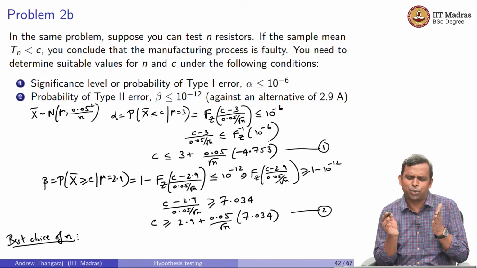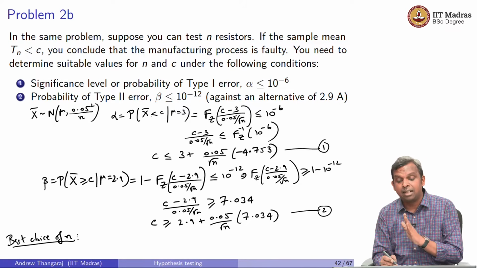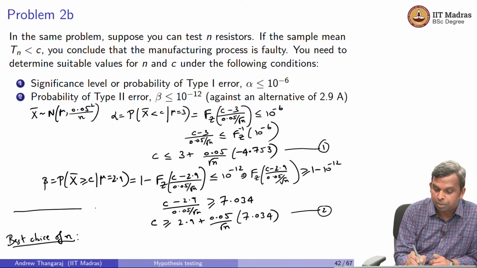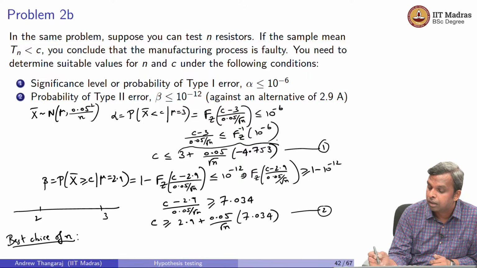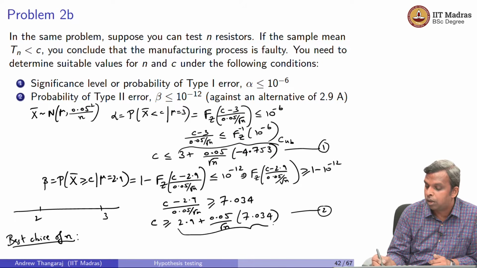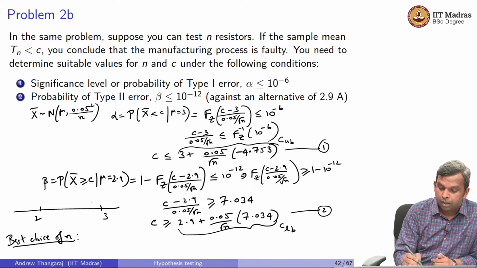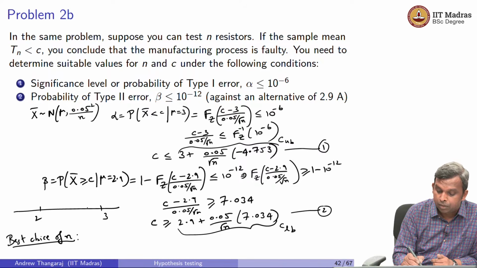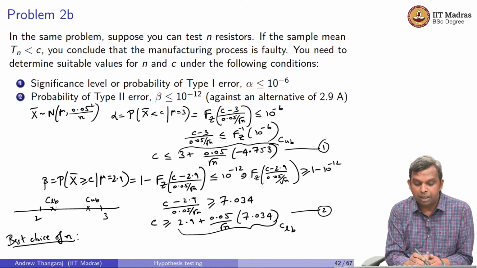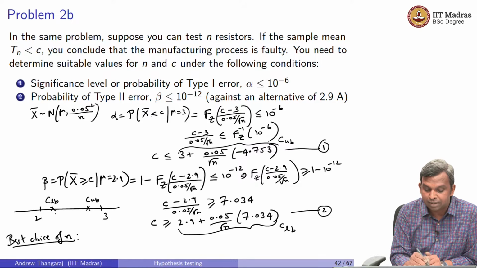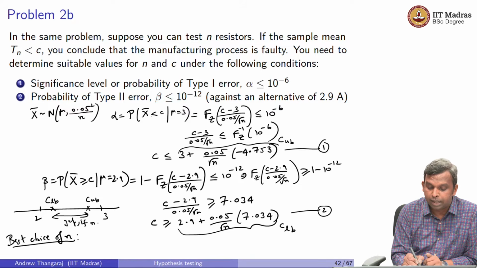So think about why that is true a little bit, right? As you keep increasing n, like I said, the upper bound will go towards 3. So maybe I should draw this picture for you. You have 2 here, you have 3 here. This one I will call C upper bound. This one I will call C lower bound, okay? As n increases, you may have C upper bound here, you may have C lower bound here, okay? So this is not very optimal, right? For some particular value of n, you may get this. So there is a gap here, okay? If n is large, this is what you will get,